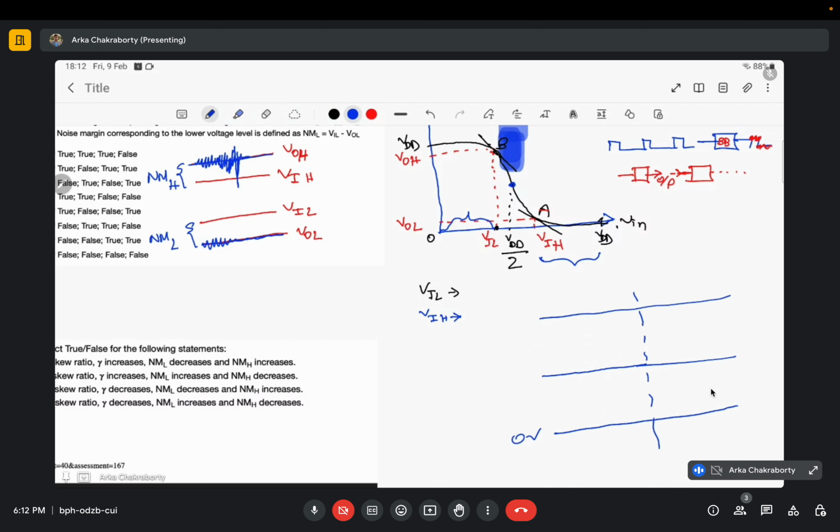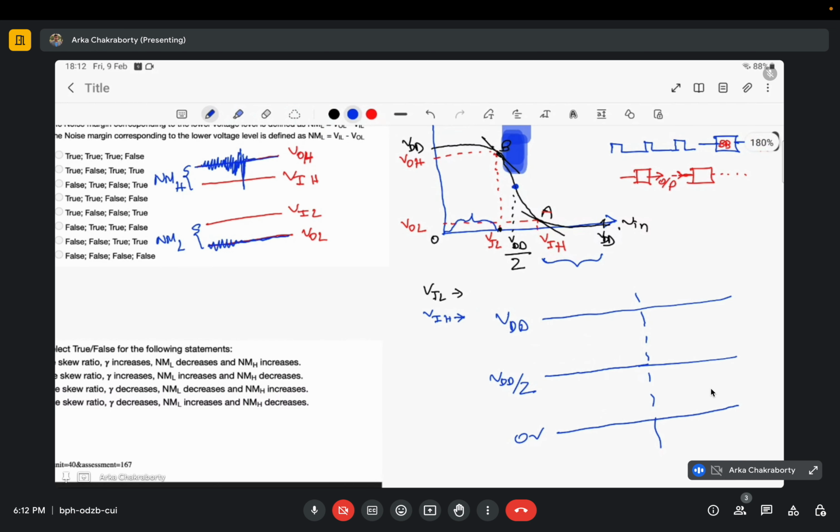Say it is my 0 volt, it is my VDD, it is my VDD by 2, then my initial... okay, let's not jump into it, we'll come to it in the next part, it will be useful for the next part. So from here we can say my noise margin high would be V output high minus V input high. Okay, and noise margin low would be V input low minus V output low, this one. Okay,